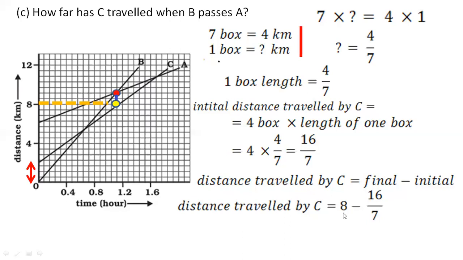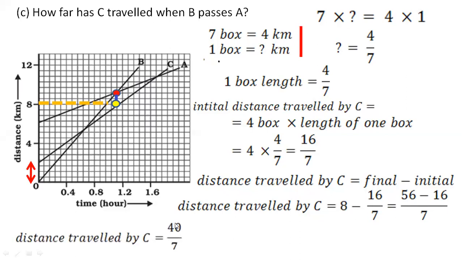We can take the LCM or you can just cross multiply. That is up to you. What I have done is cross multiplication. 7 1s are 7, 7 8s are 56 and 16 1s are 16. So 56 minus 16 is 40 by 7. The answer would be 40 by 7. Now this is an easy division. You already know the 7 table, so you can just divide it. 7 5s are 35, 5 point something, right? So that would be 5.714 kilometers. This is the distance traveled by C.